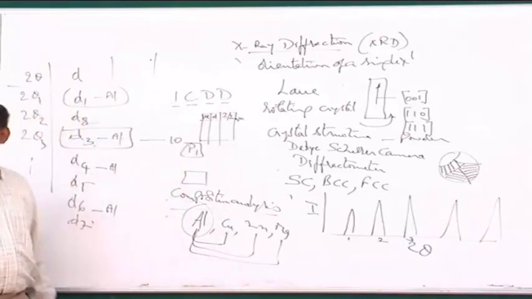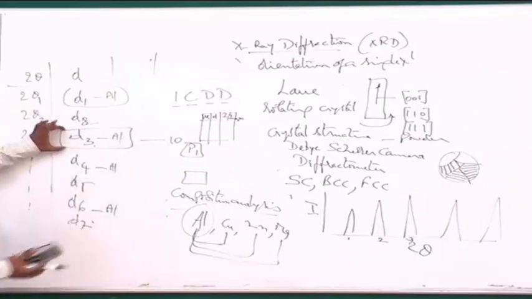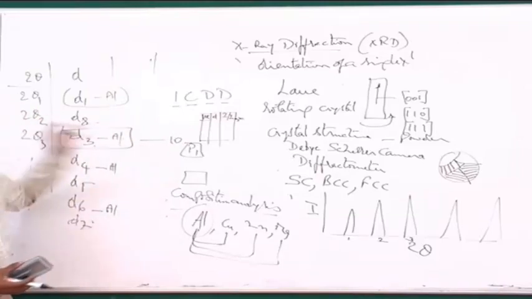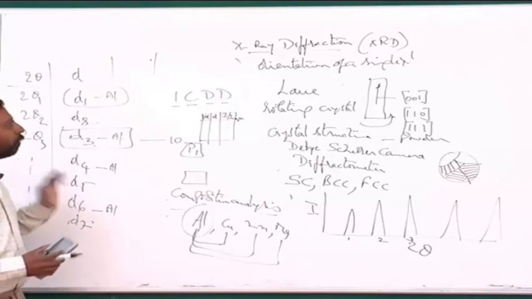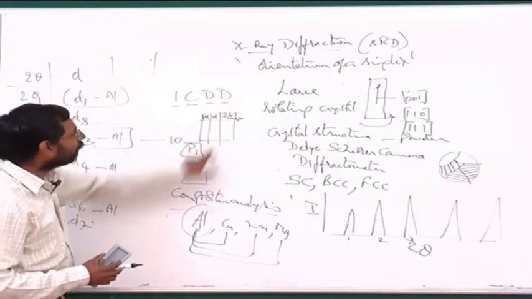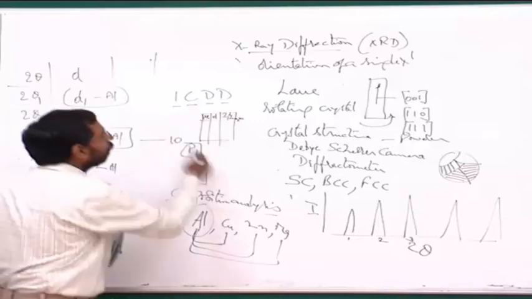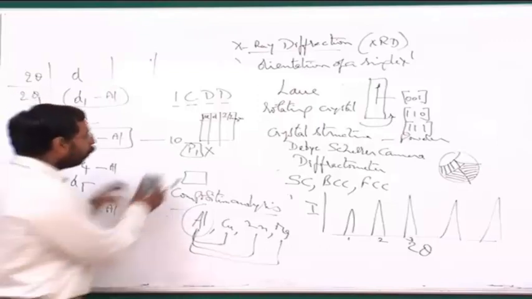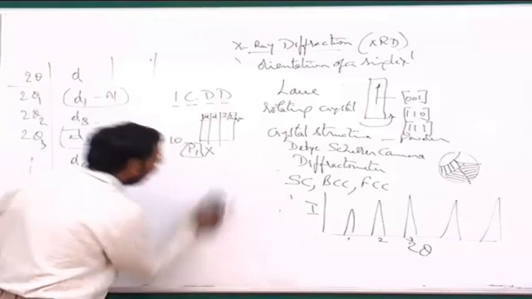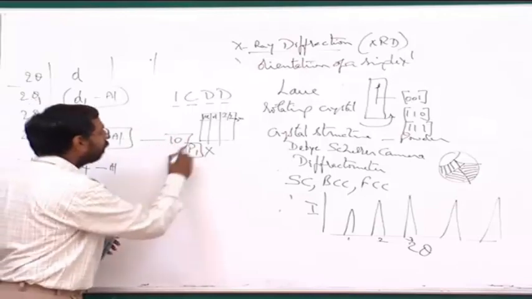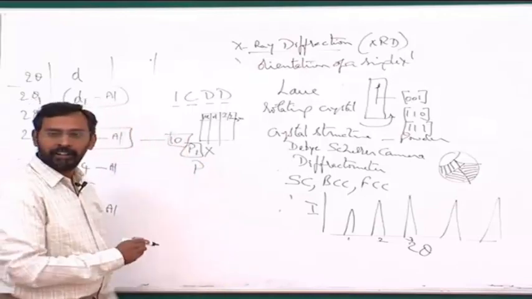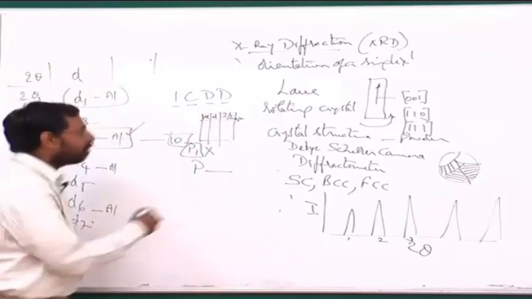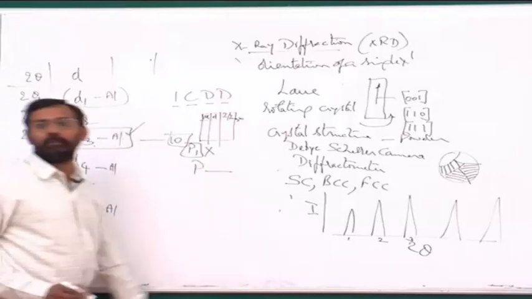And look at whether for this phase 1, is this peak the most intense peak? Sometimes it may not be. But in my alloy, this is the most intense peak. So that means that particular phase should be the most predominant phase in my alloy, in principle. So I will search whether this is the most intense peak in phase 1. If no, then I say no first. Then go to phase 2, then phase 3, phase 4. Like that, if I keep on comparing with all the 10 phases, I will find that some particular phase will have its most intense peak matching with this most intense peak. Then I say, yes, possibly this is the phase that I am looking for.